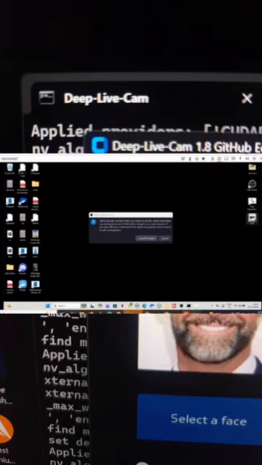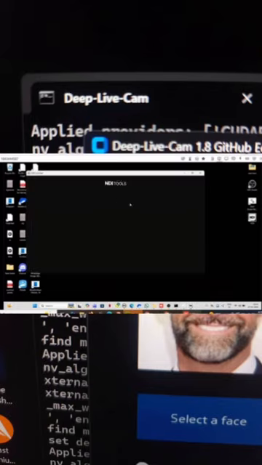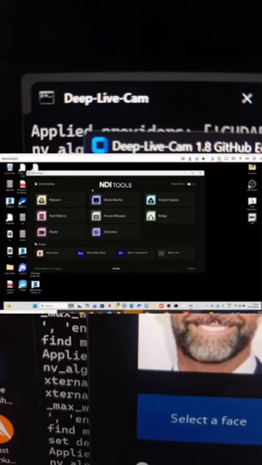So when you open your NDI, you click on the webcam. So when you click on the webcam,